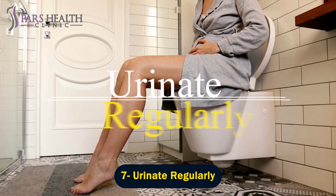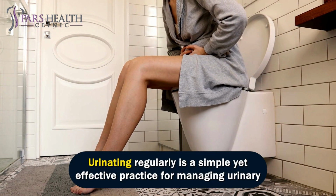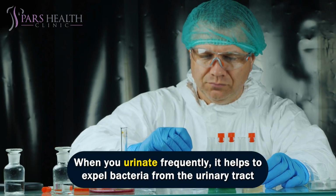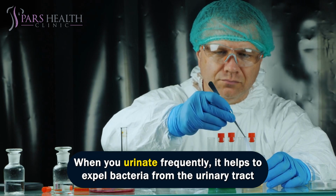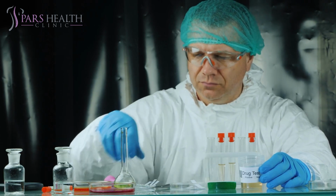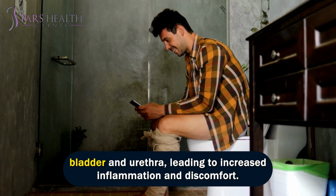Number 7. Urinate regularly. Urinating regularly is a simple yet effective practice for managing urinary tract infections. When you urinate frequently, it helps to expel bacteria from the urinary tract before they have a chance to multiply and cause further infection. Holding in urine for prolonged periods can allow bacteria to linger in the bladder and urethra,